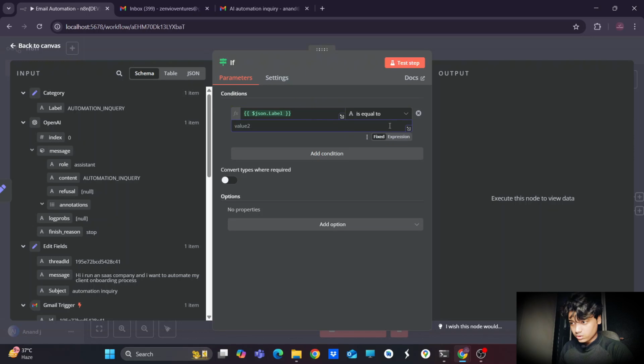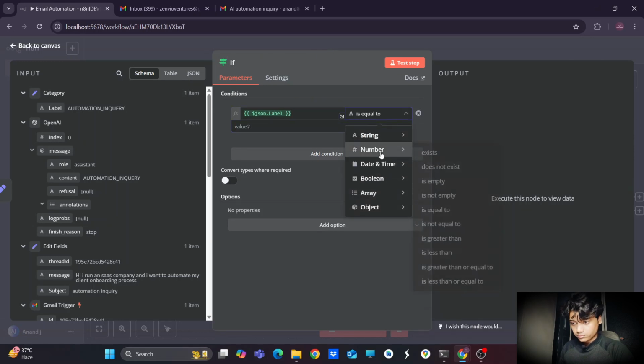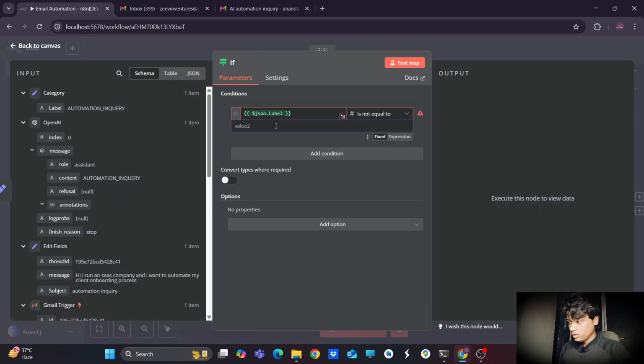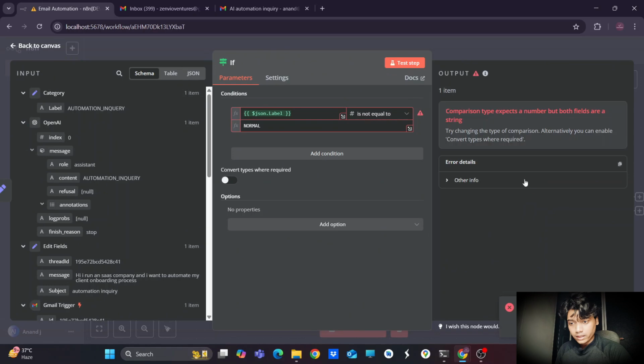If this label is not equal to normal, then go into the test tab.